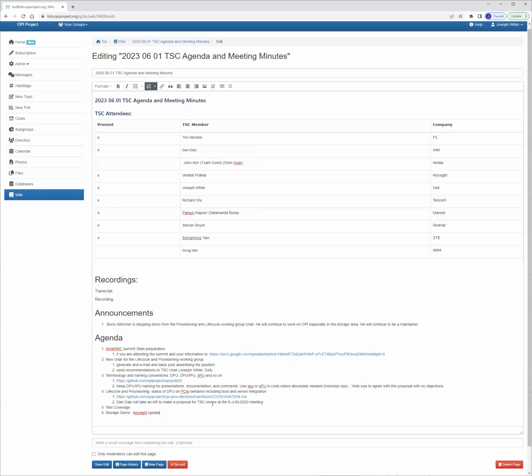I want to leave test coverage until the end because that's kind of a general topic. All right. Key site storage demo progress, and I guess the other projects as well, right? We had 4 or 5 project proposals from about maybe 6 weeks ago, just before I went on vacation. Do we have progress on any of those that's worth reporting? Let's start with key site.